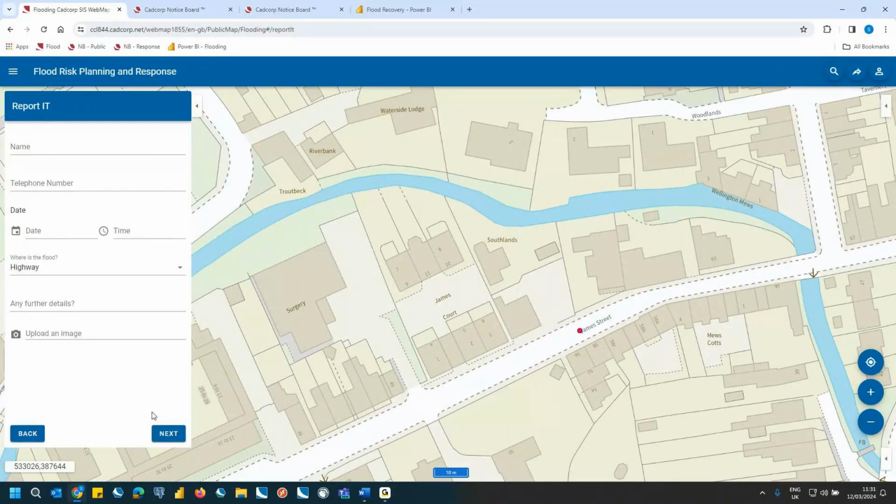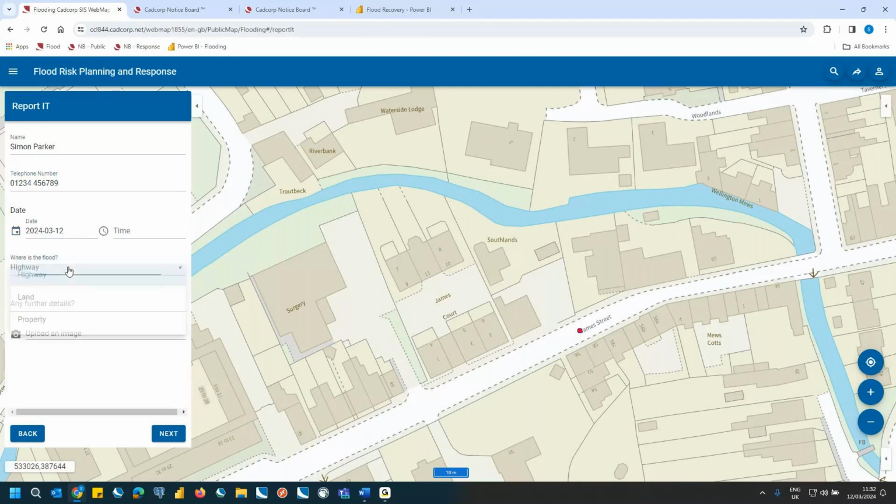Now, the next step of this report submission, we have a form. You can design this form to your own requirements, choose what information you want to gather. Fields can be set as mandatory fields. You can also design fields with drop-down lists as well. So as a member of the public, I'm going to just provide some details in this form as requested. So the telephone number, date of my